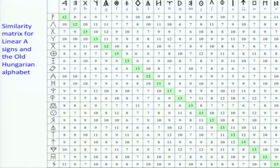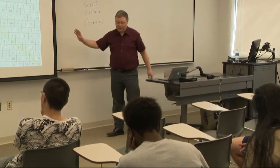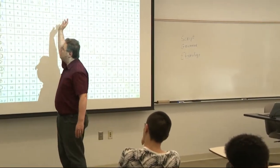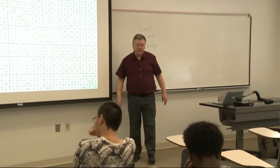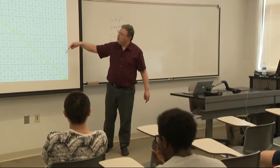Here's another one. This is this time between Linear A and the Old Hungarian alphabet. Similar arrangement. Along the diagonal, we have the highest similarity values. And finally, here's one more table, one more matrix. The Korean alphabet and the Old Hungarian alphabet are compared. Again, the diagonal contains similarity values of 13 or 12. And the match